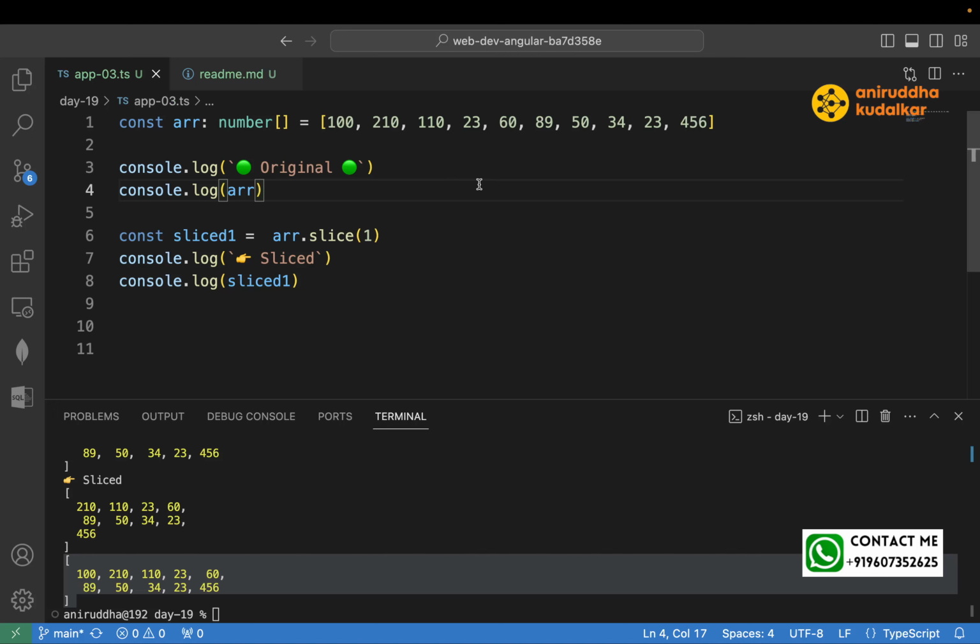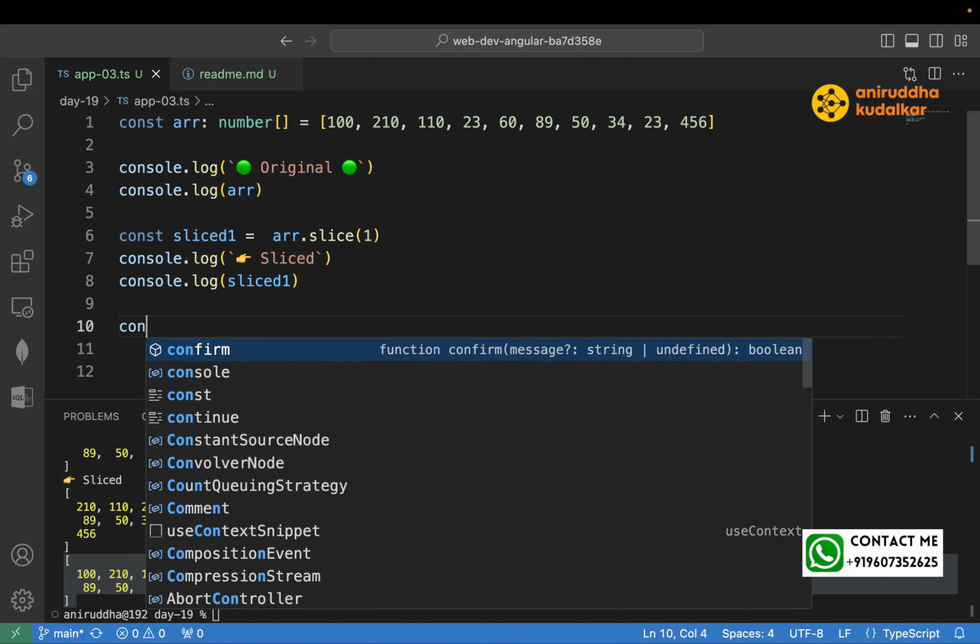So in that case, you are not touching the original array, but you are slicing the array and generating accordingly. So these 3 would be new credit cards, and all of these would be the old credit cards. Now you tell me, how do you get the old credit cards and how do you get the new credit cards? In this case, I don't want to disturb this original credit card array, but I want to slice it. Now see, const